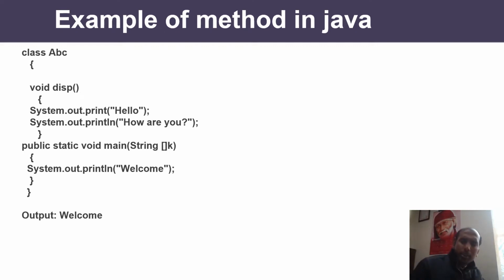Now the question arises, how to call the method of a class. If you remember C, you just need to call it by using display semicolon. If you remember C++, you must remember that we need to create an object of the class, and then by using the object we can call the method of the class. Same thing in Java also. If you want to call the method, first of all you need to create the object of the class, then you can call the method. Now the question arises, how to create the object of a class.